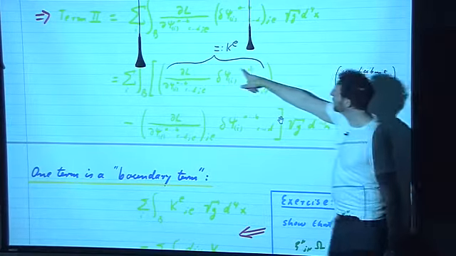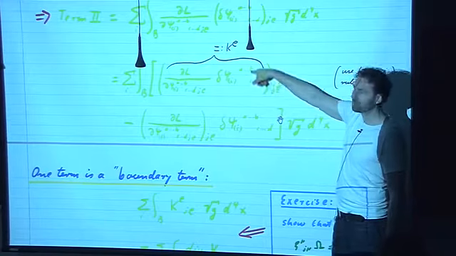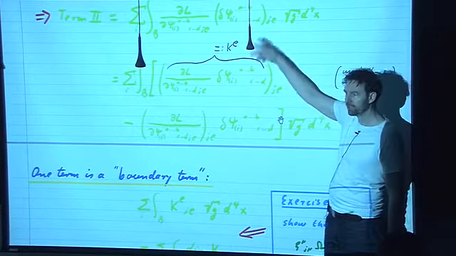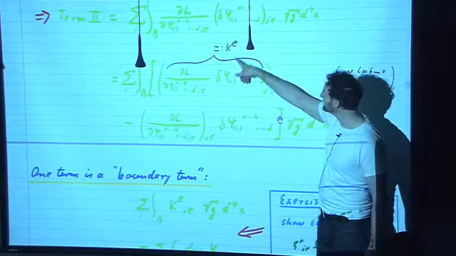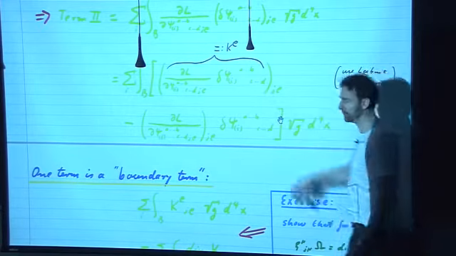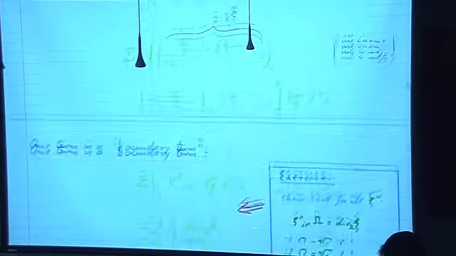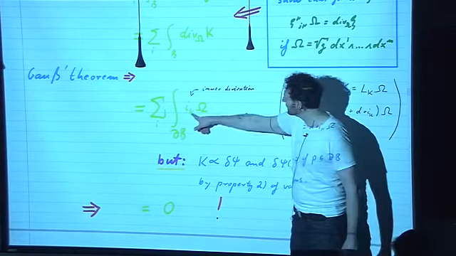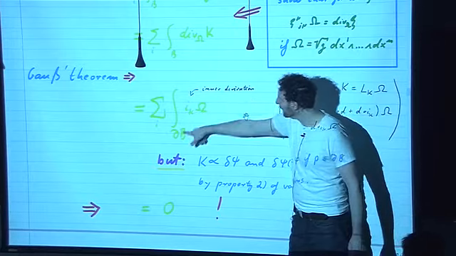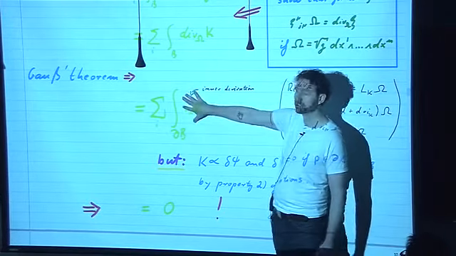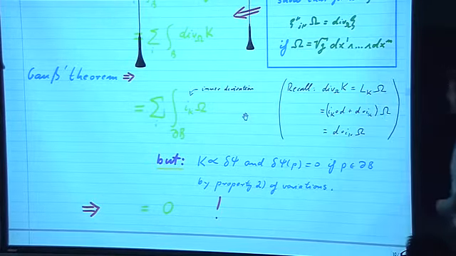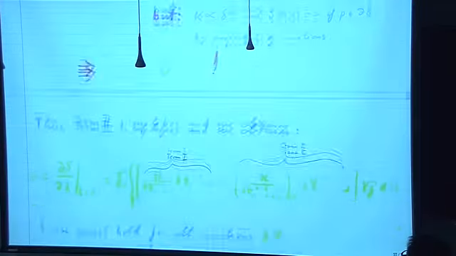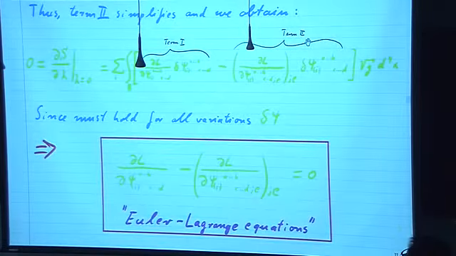And remember that we chose our variations to vanish at the boundary of the region B and beyond, which means that the vector field vanishes at the boundary and beyond. But here we're integrating over something that's proportional to the vector field at the boundary, so it's vanishing. So indeed, the boundary term vanishes, and that means that the second term